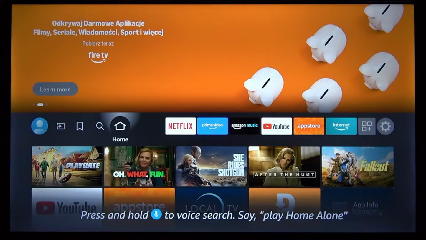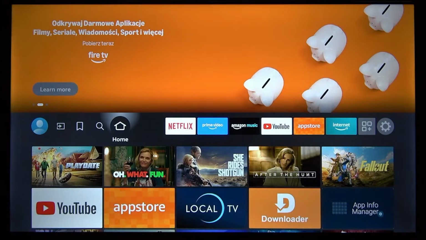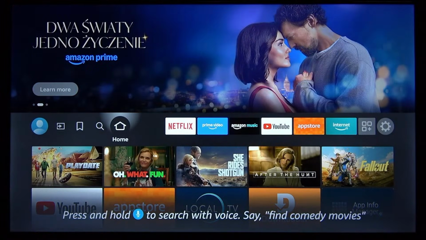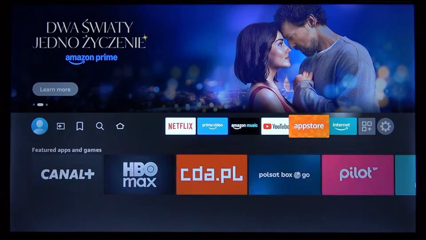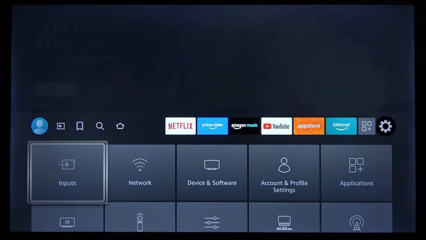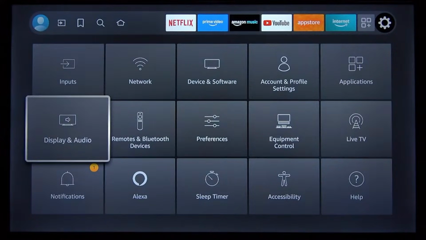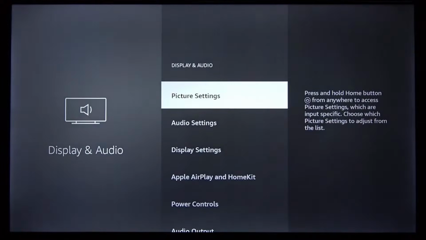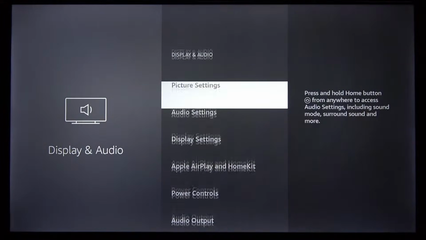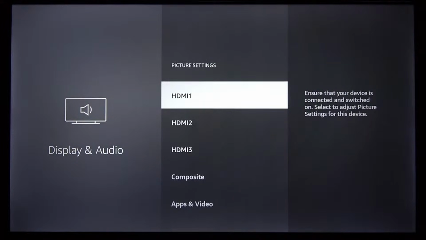If you want to enable the game mode for your gaming console, of course, connect it with your TV and turn it on. After that, you have to go to the settings menu on your Xiaomi TV and then select display and audio settings. In here, you have to select picture settings, then select the HDMI port that your